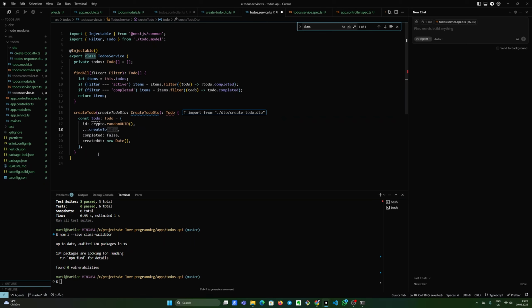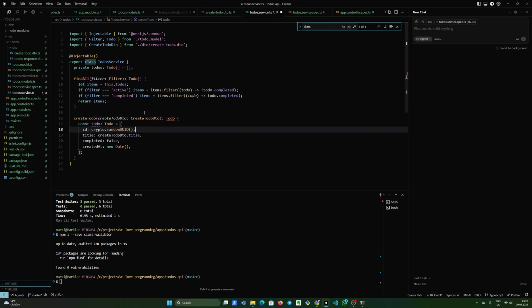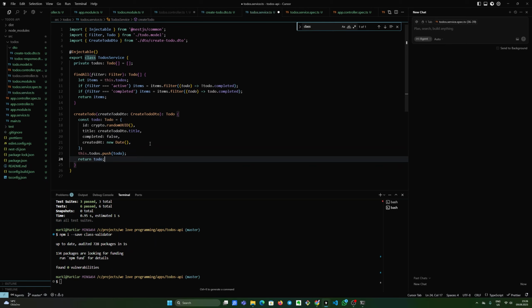And we need to be able to set new title. Of course, it doesn't know it because we didn't import it. But it will be like that. A basic value will be false for completed. New data. We will just push it into our array here and return it to the user. Exactly like that. So this is our data now, and we might go back to our tests, but first let's